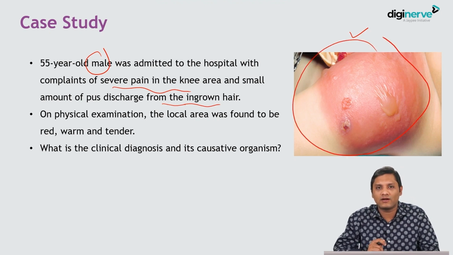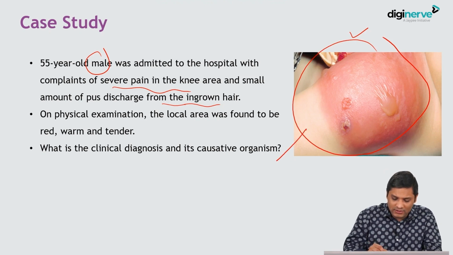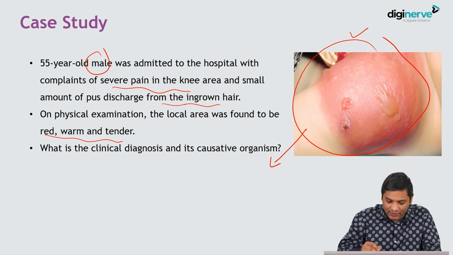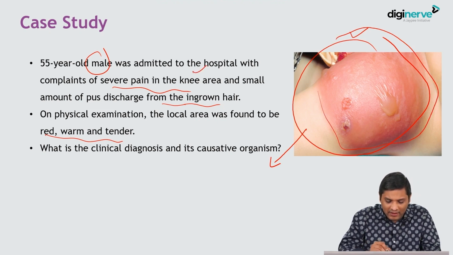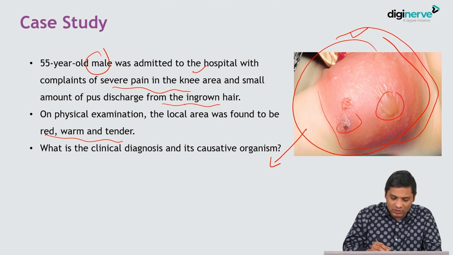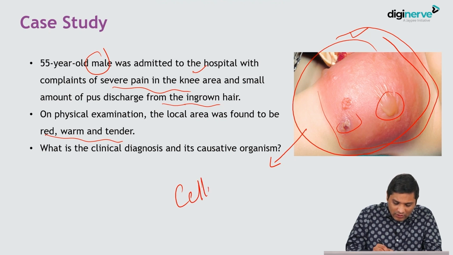So, what is the clinical diagnosis? The clinical diagnosis here is that the local area is red, warm, and tender with an indistinct border, and you have severe pain in that area, and at places a small amount of pus is oozing out. So it's a case of cellulitis,